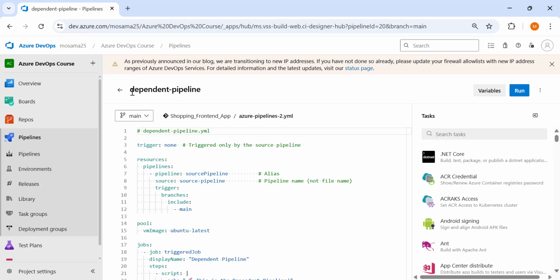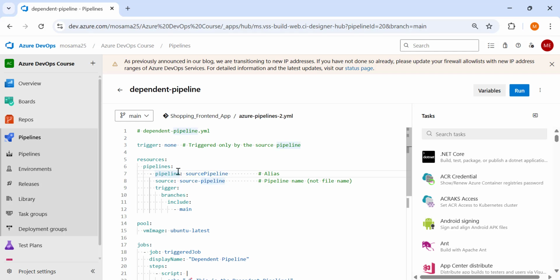this dependent pipeline should be triggered when the source pipeline run is completed. To make this pipeline be triggered when the source pipeline finishes, we must define a pipeline resource in the resources section. We write pipelines under the resources section and write the first pipeline in a list. That is an alias name, and that is the source, which is the real pipeline name. It should match the real pipeline name.